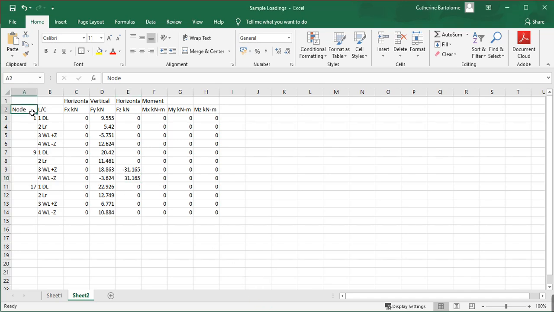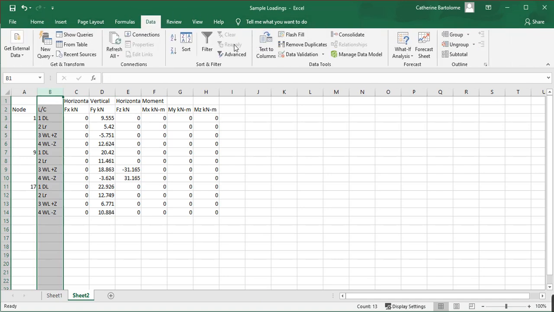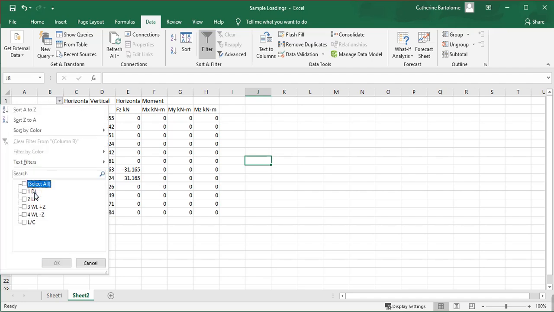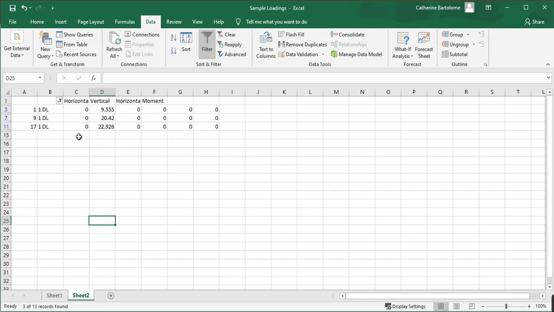So we can use a filter here. Then let's just select dead load. Okay, so this is the vertical dead load for load 9, load 17, and load 1. And we have to input it to our model.